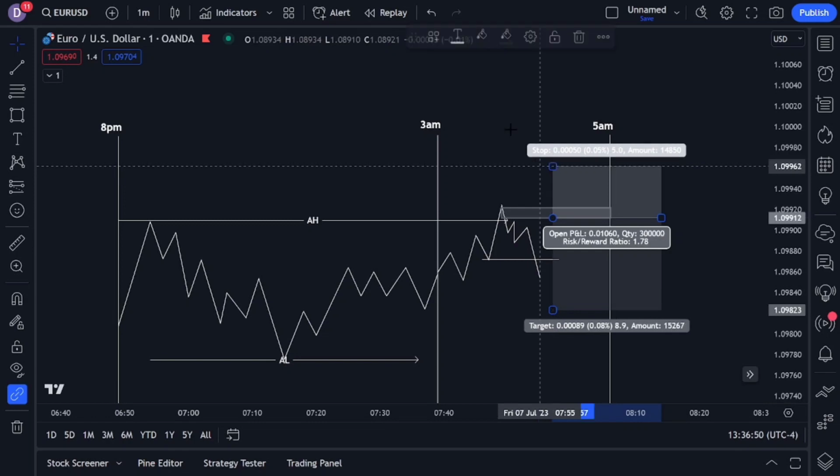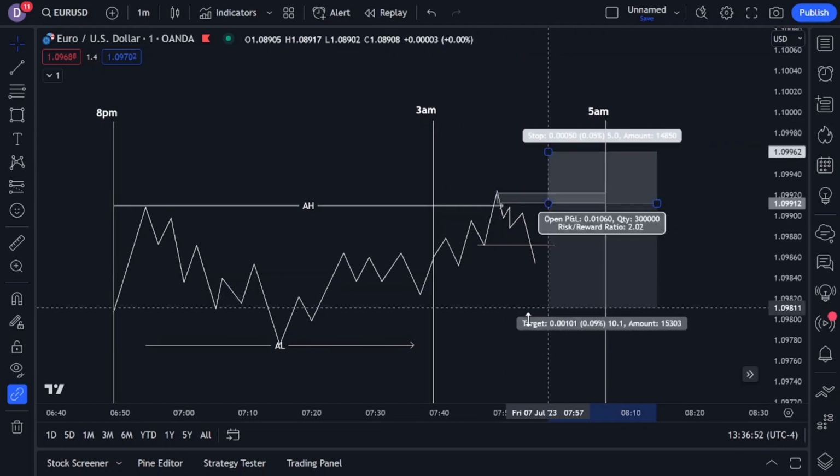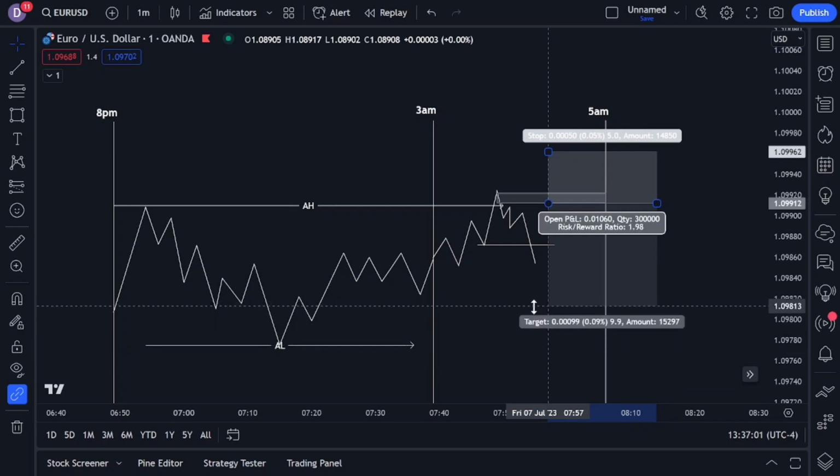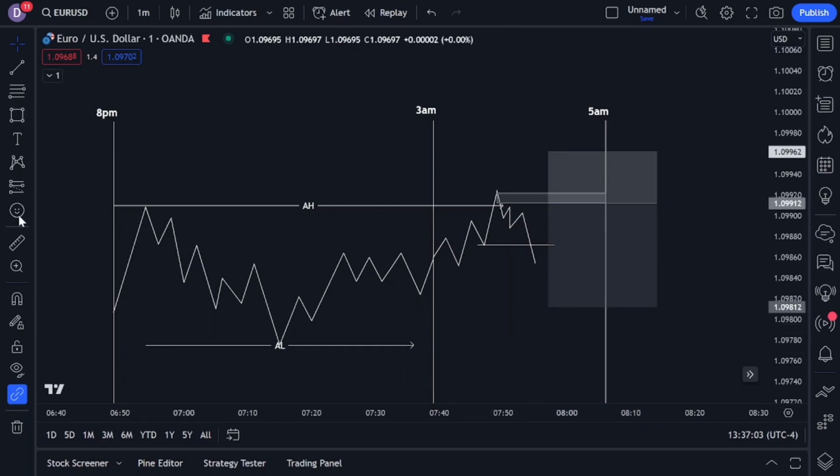Now if you'd like, you can always take your TP to the most recent sell side liquidity or buy side liquidity, depending on if you're buying or selling. For me, again, I like to use 2 to 1, and then I let it ride. So if that were the case,